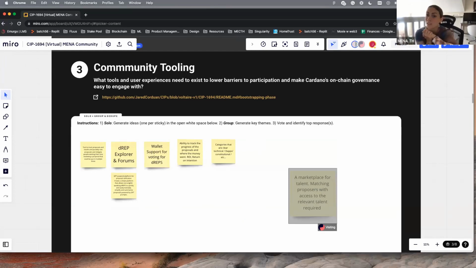Another really cool idea to incentivize participation or to lower the barriers. We're talking about countries where they don't have that much access to ADA, or let's say in 4 years ADA is at $10, so newcomers aren't going to have as much ADA as people now. Maybe a tool to help crowdfund, for example, so they can put their allocations together to vote on certain DREPs together, like a DAO in a sense. What do you guys think?